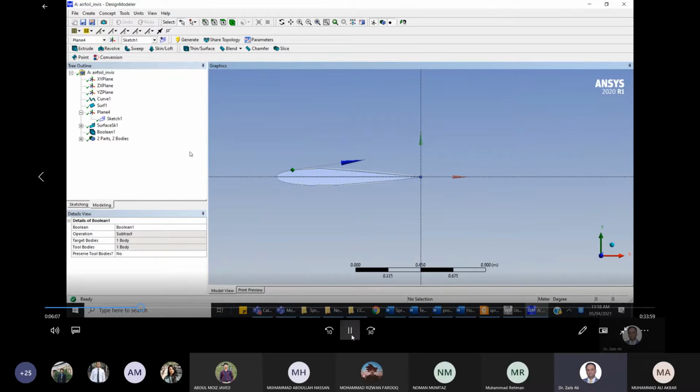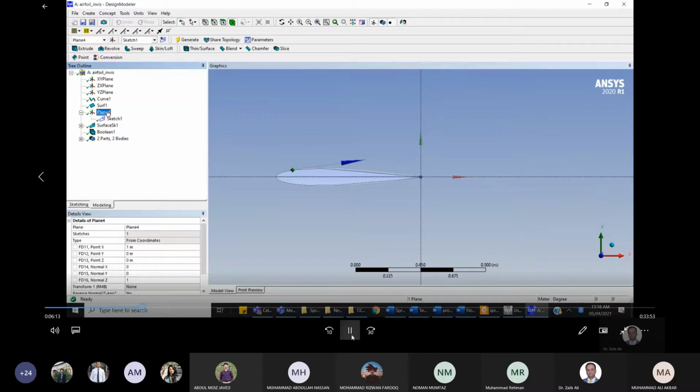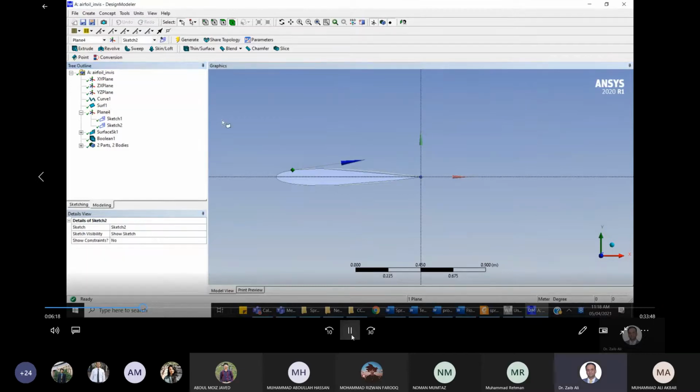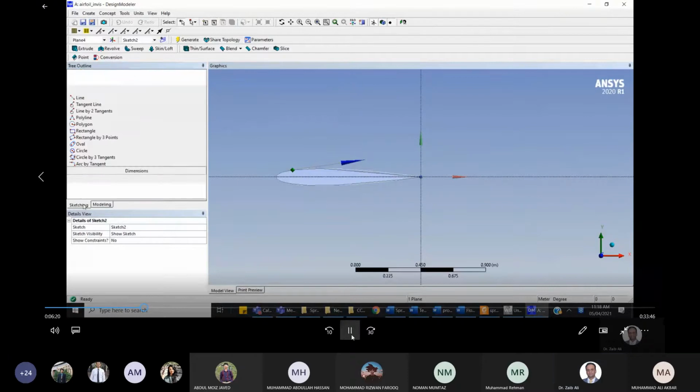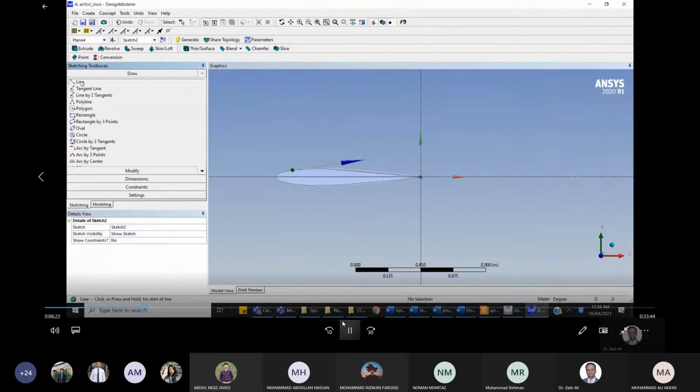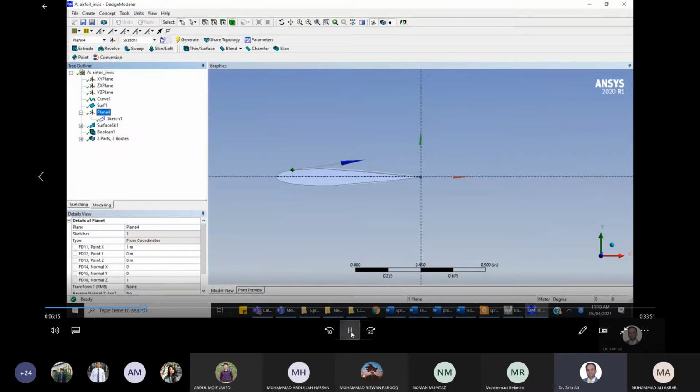Okay, so your geometry is, I think, complete. No, not yet. So you go back again. So once you have done the subtraction